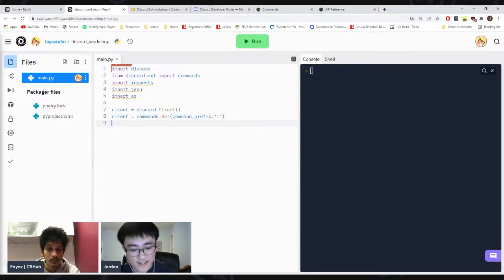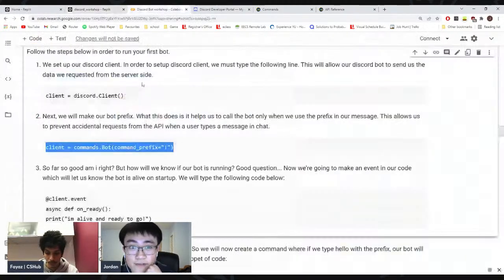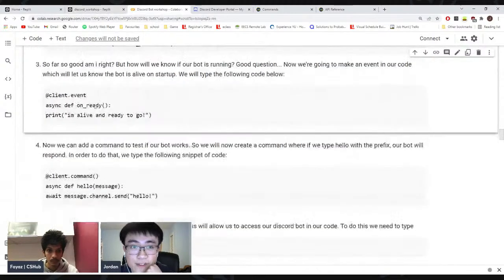If I type in hello in chat, or hello Fayaz, on some random day, I don't really want to call the bot command, right? Without this prefix, it'll assume I'm using the hello command. But now that we have a prefix, we can restrict it so that only if we have that prefix, it'll look for a command, and it'll only execute a command then. So anyways, now that we've set the command prefix,